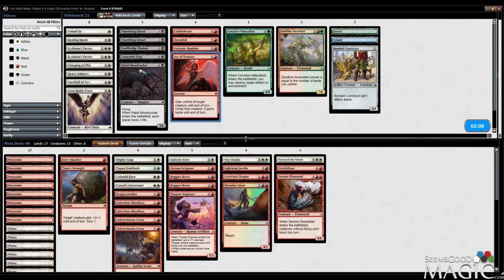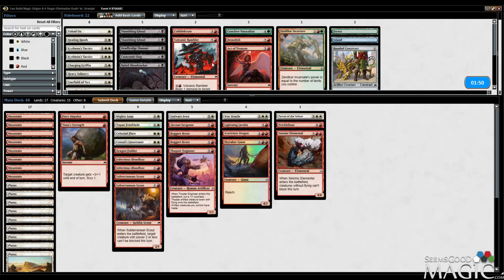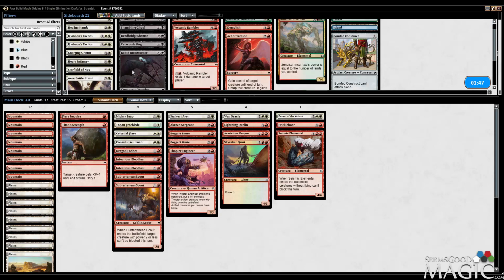I think the rest of our creatures are pretty well positioned in this matchup. So, all right, we'll keep everything as it is, I guess, and try this again. I don't think Demolish is worth it for the Sigil. I don't think Act of Treason is worth it based on the creatures we saw. And I don't think that...